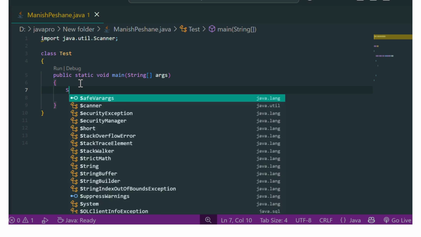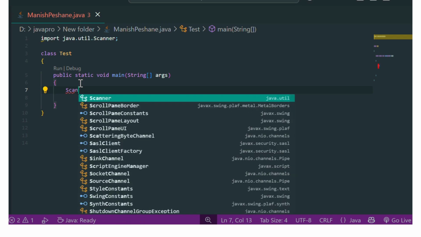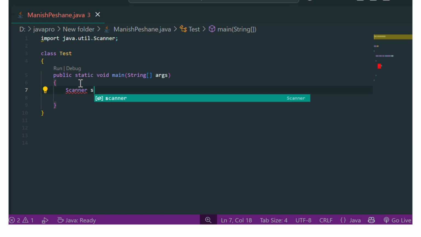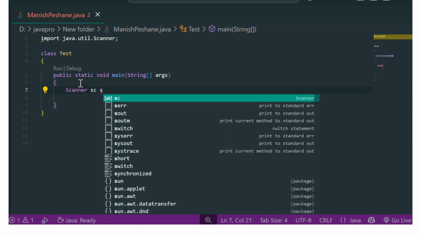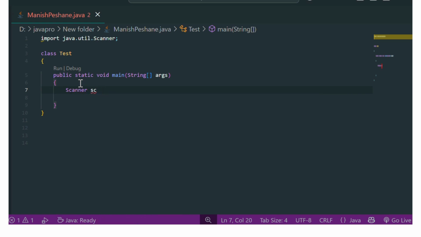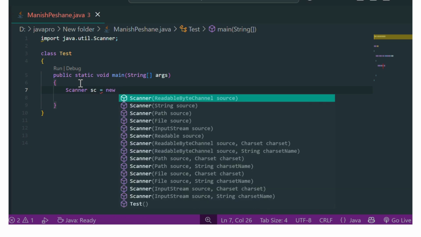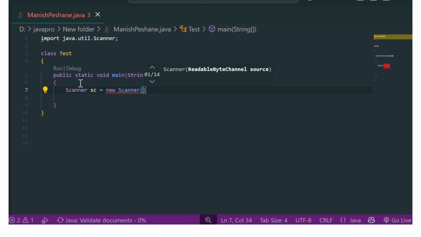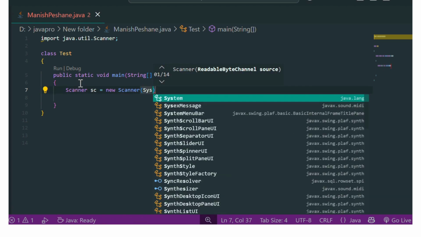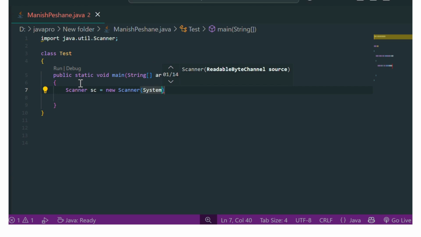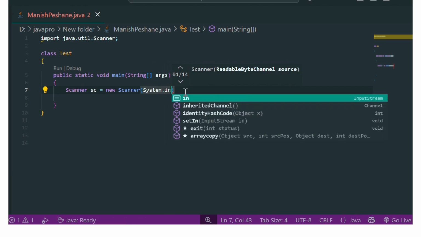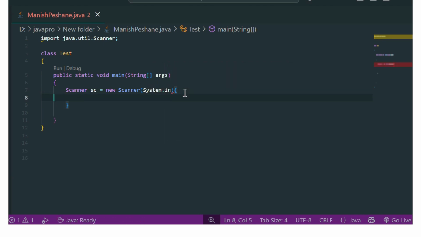So, Scanner sc equals new Scanner. New creates one object reference. Then after that we pass System.in.